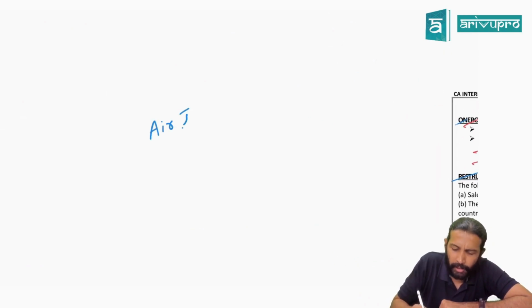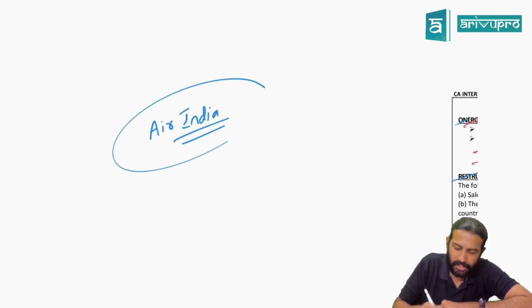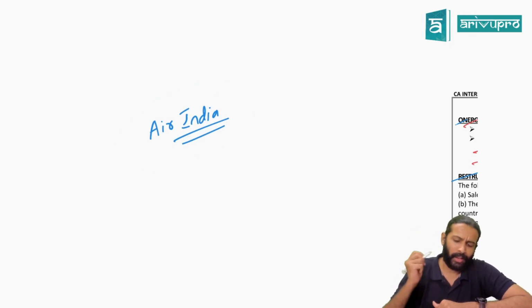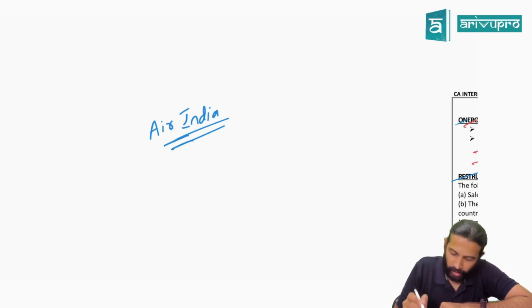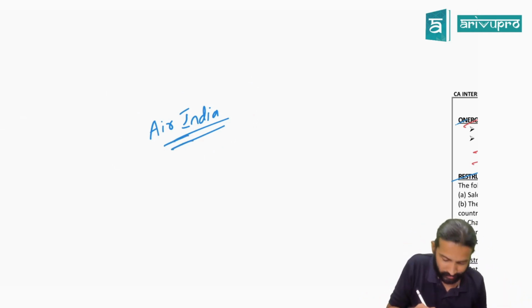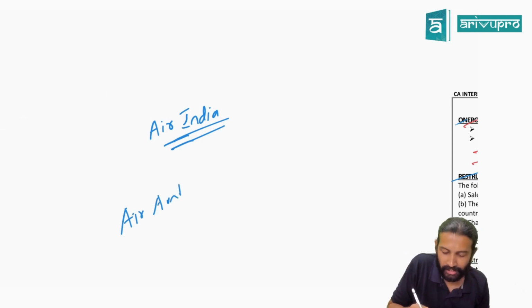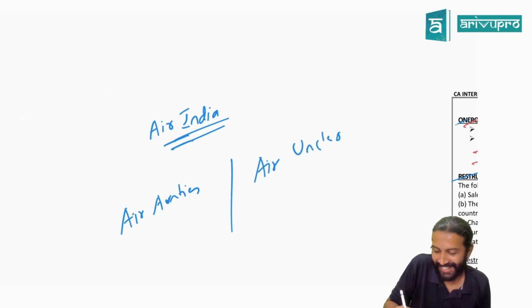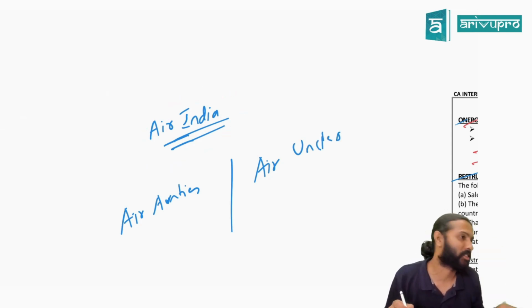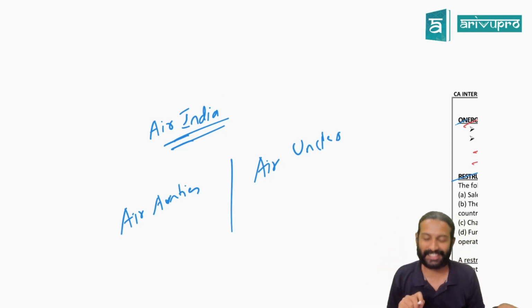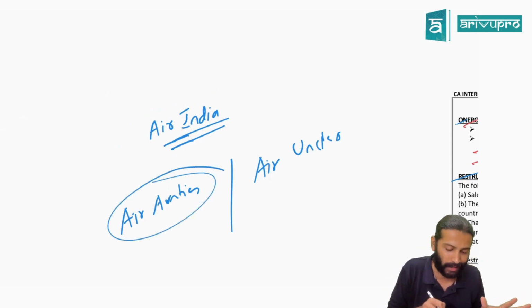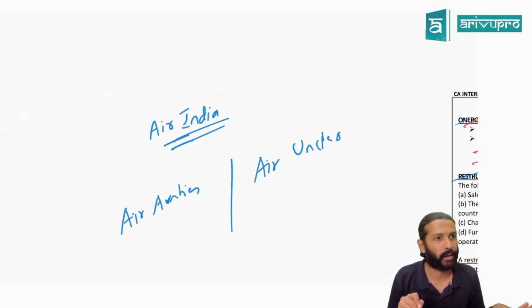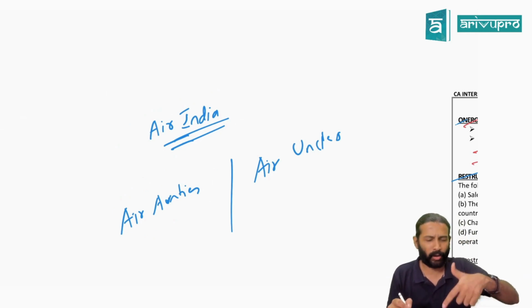Let's say Air India. Have you heard about this airline? Air India wants to do one restructuring. You know what they want to do? In your aircraft, you will find air hostesses, air aunties and air uncles. Air India decided many people are not preferring their airline because their hospitality is on the lower side. Because all their employees are looking at it as a job, no?